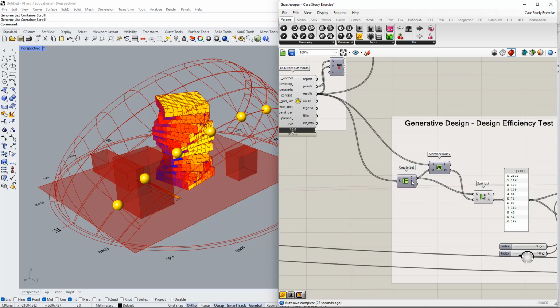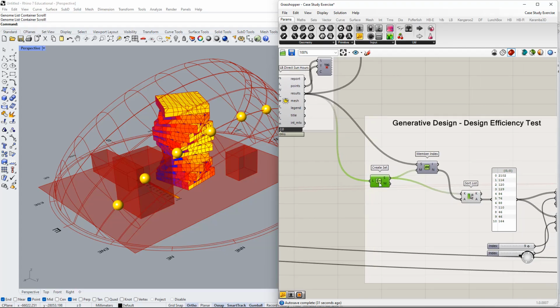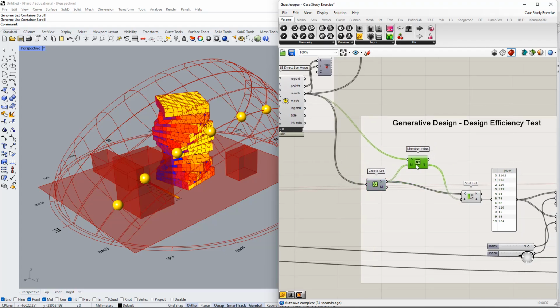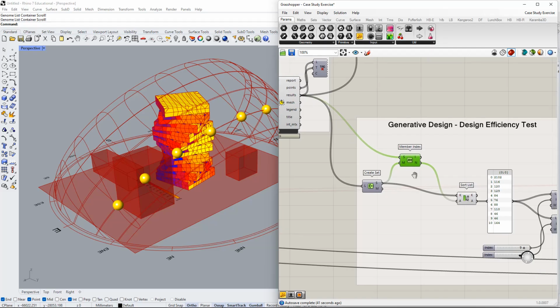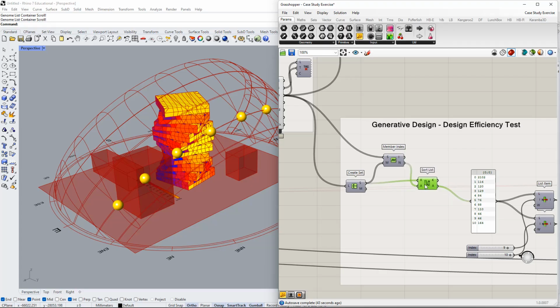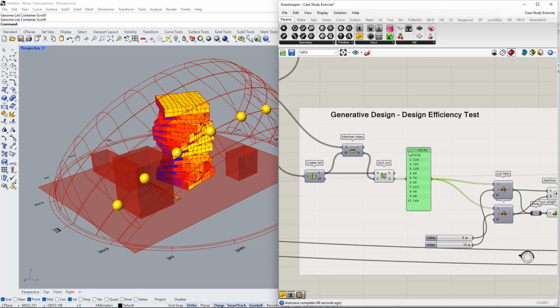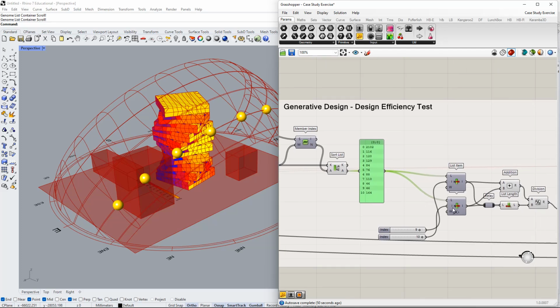So I use create list, I connect all of the results to that component. After that, I use the component member index that is going to find out all of the elements in the list, what index they have, and then I'm going to sort that list so I get the organized results. From that,